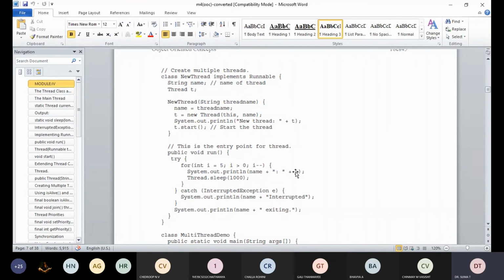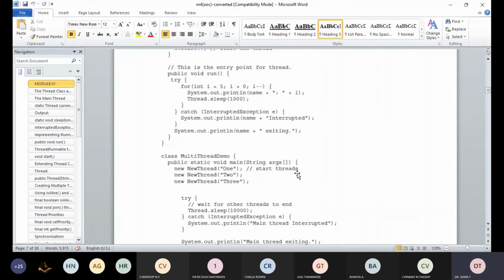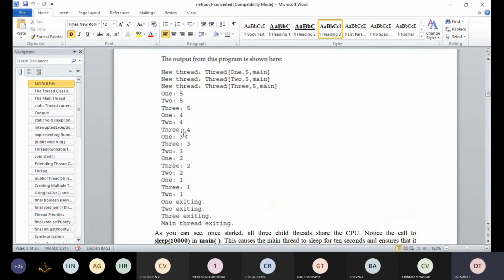The 2 thread is going to execute the 5, then 3 is going to print the 5. Again, see the multiple threads: thread number 1 4, thread number 2 4, thread number 3 4. Okay, then again 3, see, thread 1 3.